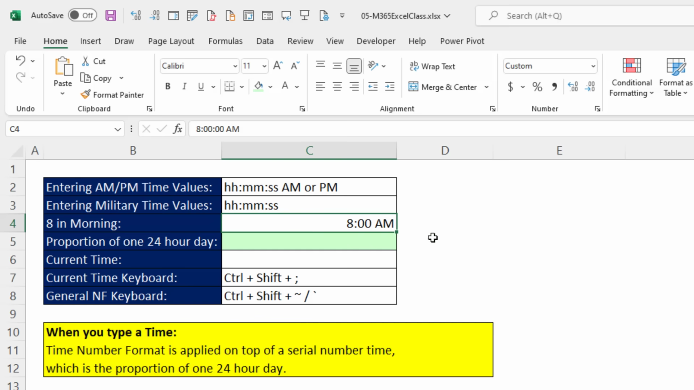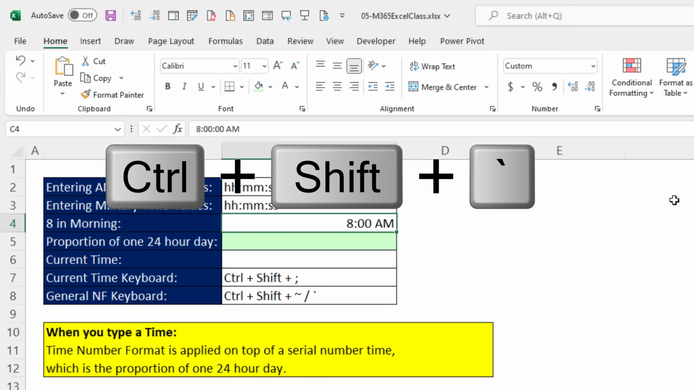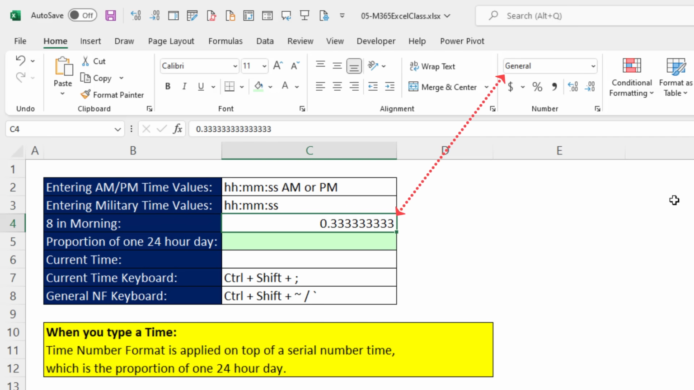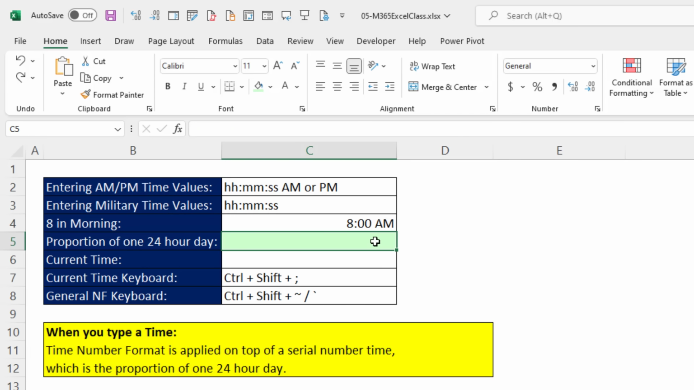And up in the formula bar, I can see 8 a.m. Now, what is really in the cell? Well, let's apply general. Remember the keyboard, Control-Shift-tilde. And sure enough, 1/3 of the way through the day. Control Z. If I come down here and make a formula hard coding the numbers 8 divided by 24,